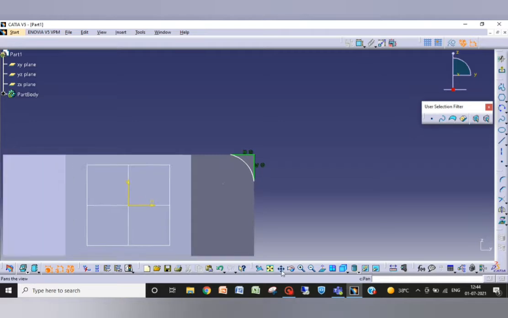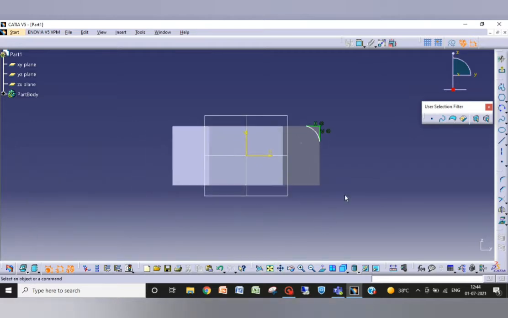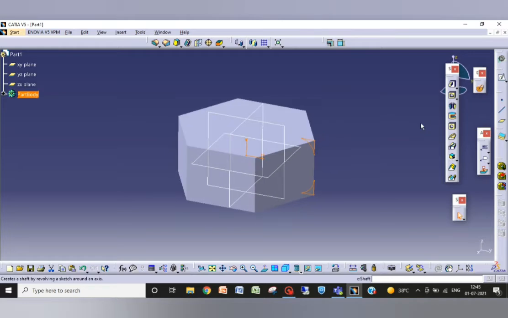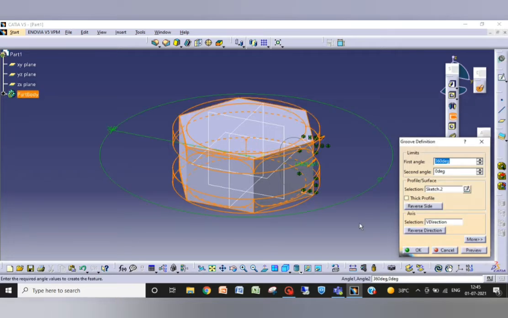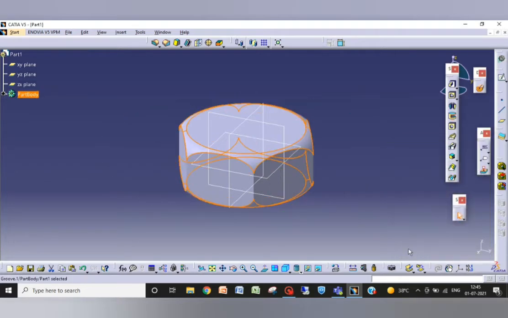Zooming out, or just place it at the center. Now select this whole shape, mirror about the horizontal axis. Now exit. Here we have the groove command. Groove it about the vertical axis and okay.